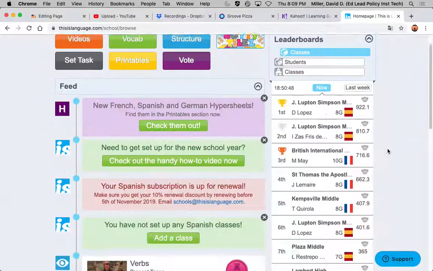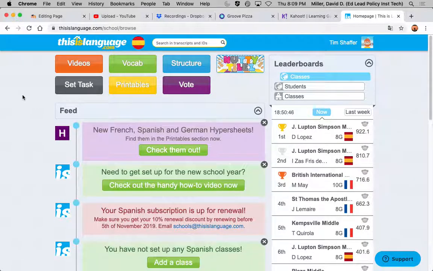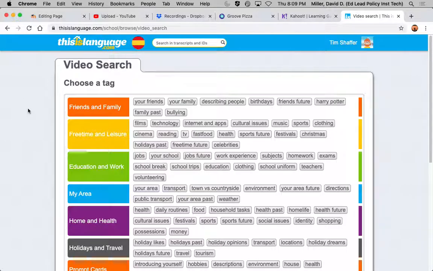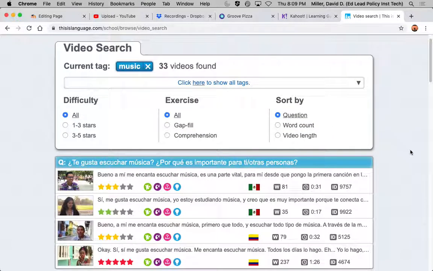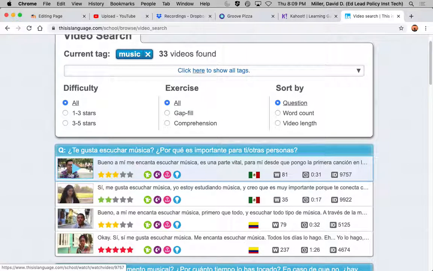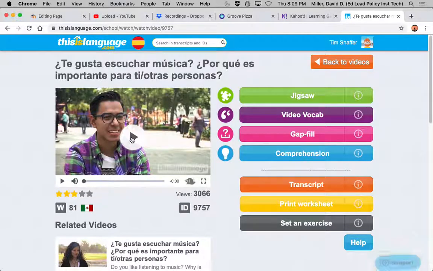The ways that I've used it so far have been mostly to go through videos. All of these are different tags, different prompts that people who work with this language go around asking in these countries. So the Mexico flag, and then Colombia. They go around asking these people these prompts, and then these people will respond. The primary way that I've used it is for listening comprehension, and they get to listen to native speakers.